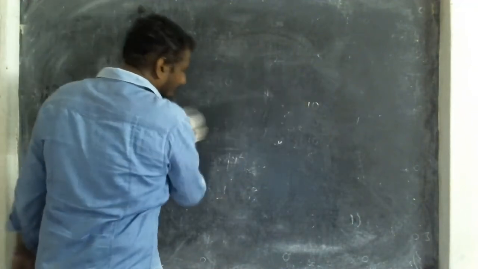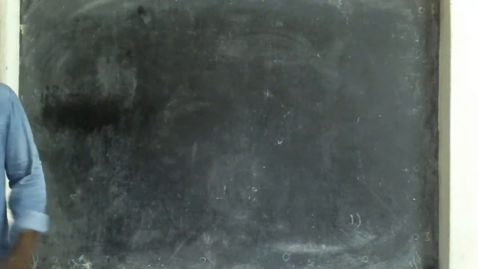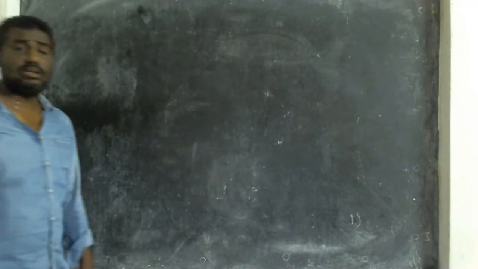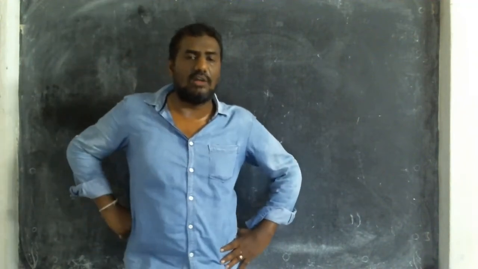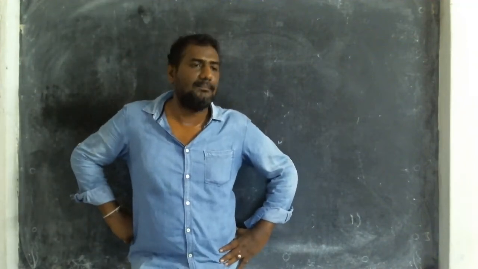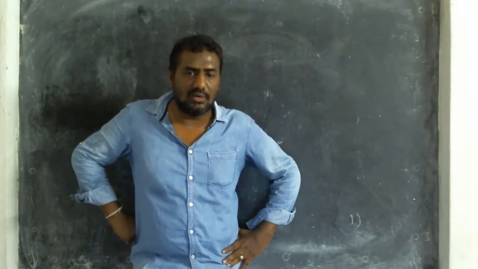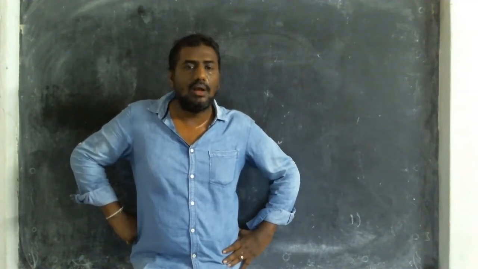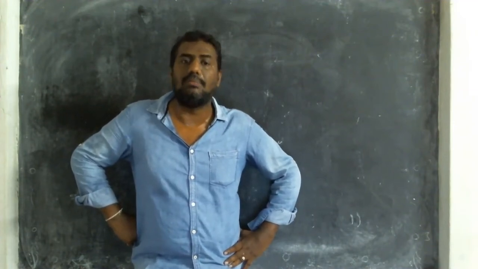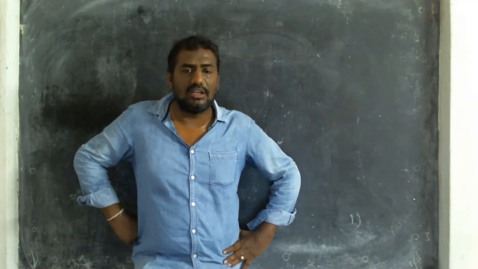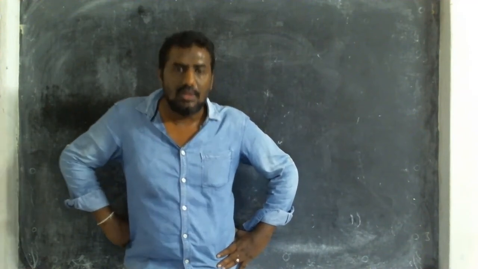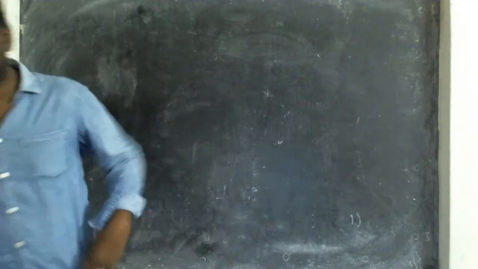Now we'll go for the last and final Roman. In the last and final Roman, they have given some decimal forms. Those decimal forms we have to convert into P by Q form. How to convert the decimal into P by Q form? In your 9th standard, you have learned converting a decimal number into P by Q. Now here I'll tell you one example.